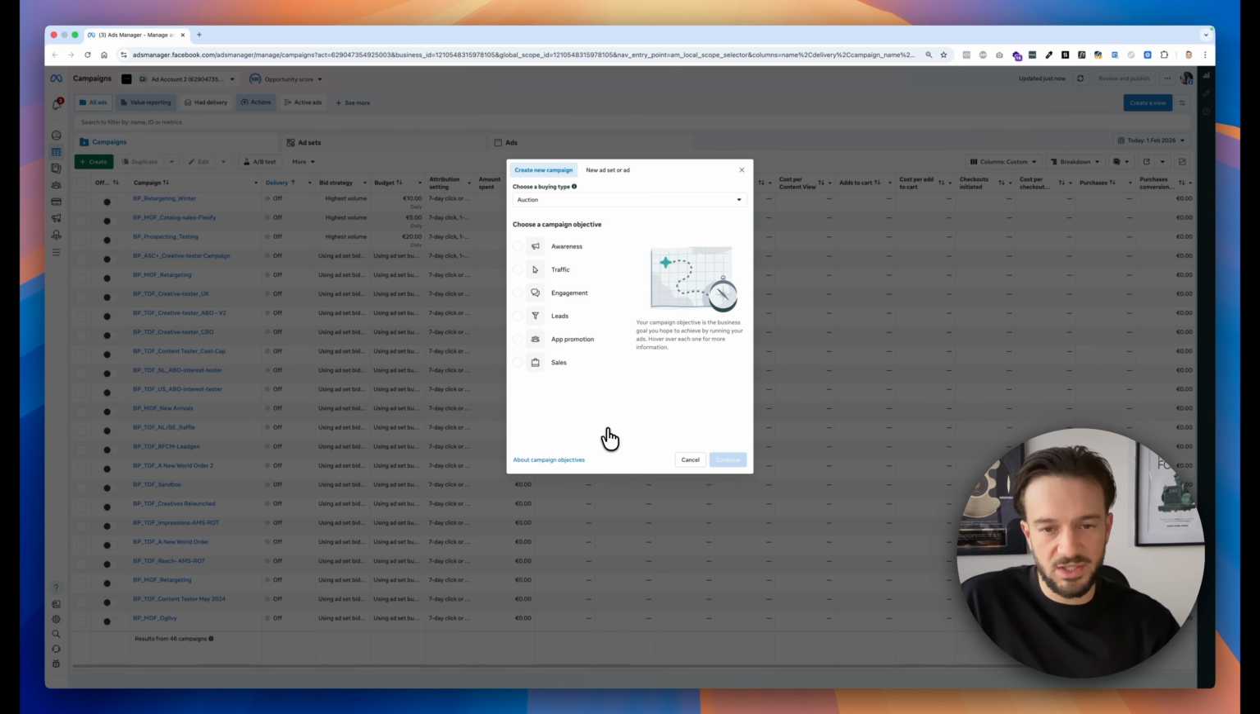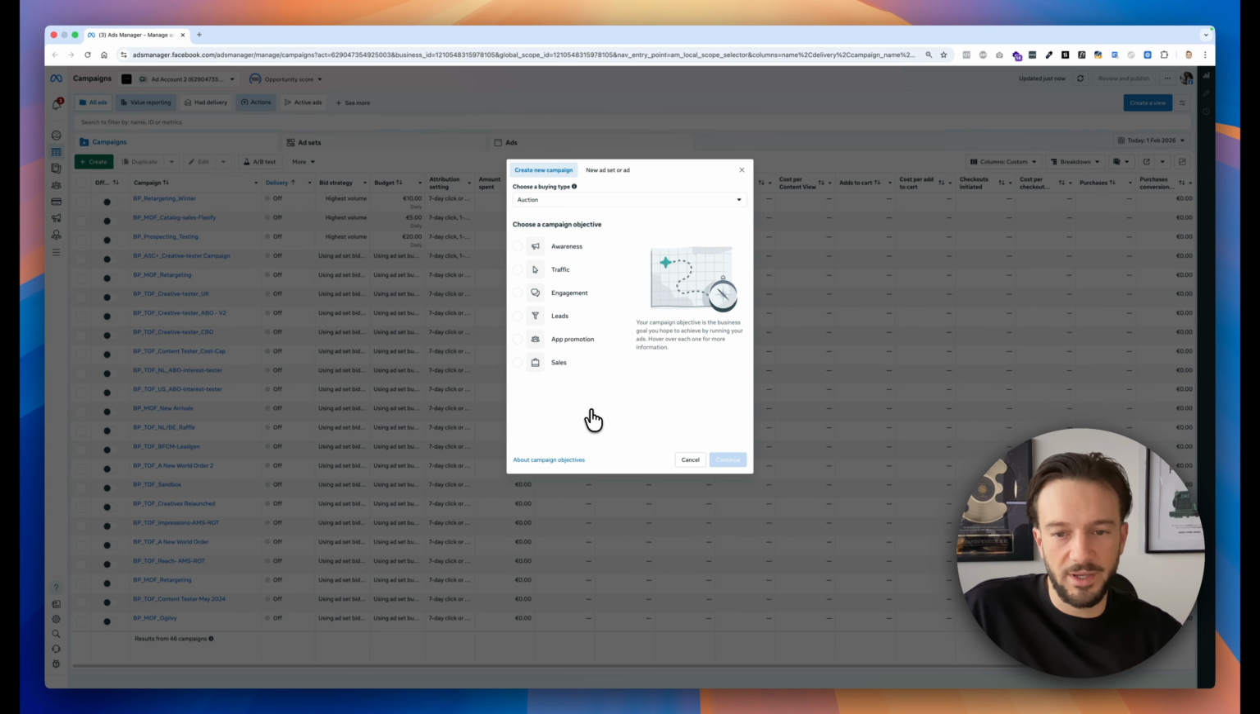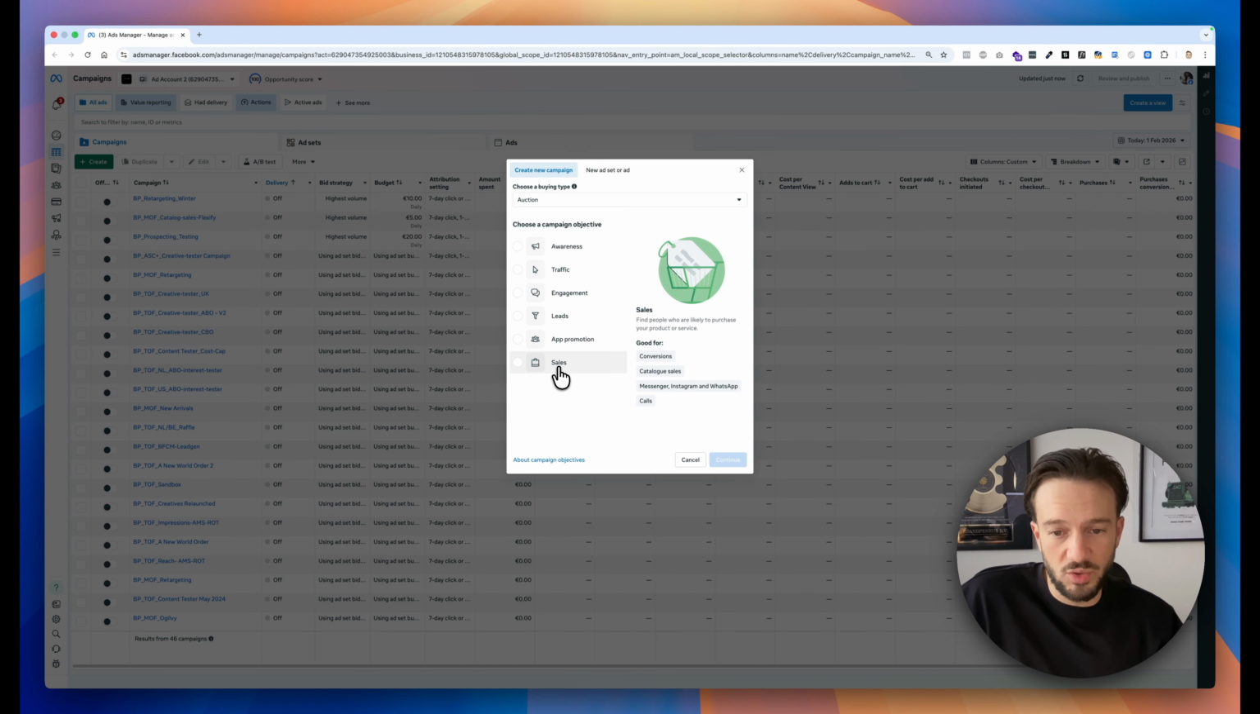This has not really changed too much, but if you've run ads a few years back and you're only just starting to run ads again now, you will notice that there are no longer 12 to 15 different objectives. It's been consolidated into awareness, traffic, engagement, leads, app promotion, and sales. Now, 99.9% of the time, you will only be using the sales objective